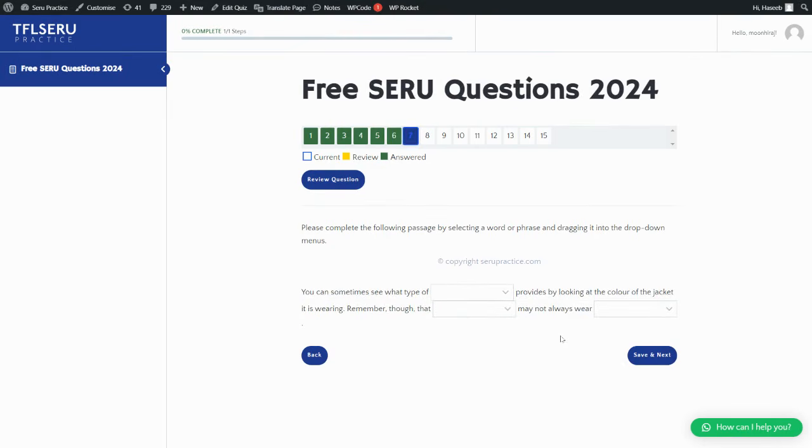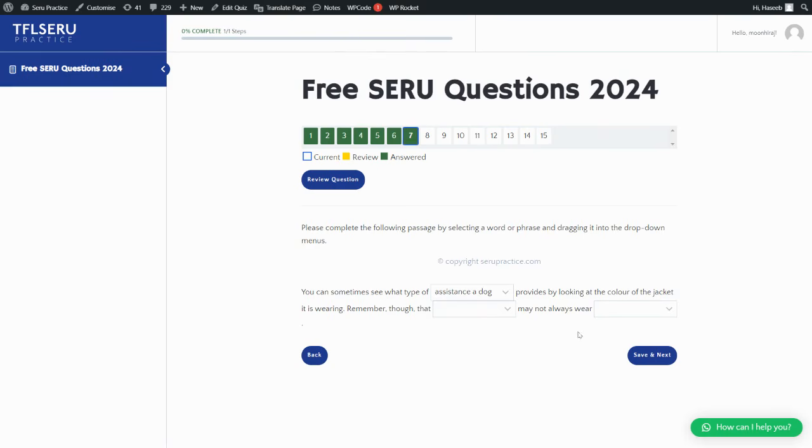This fill in the blank example question also tests the same English rules, abilities and the knowledge of the handbook. You can sometimes see what type of assistance: "a dog" or "an dog". Of course, dog starts with a consonant, therefore there is no use of using an before it. So, a dog provides